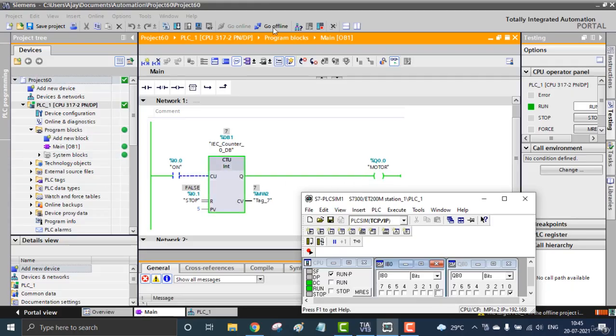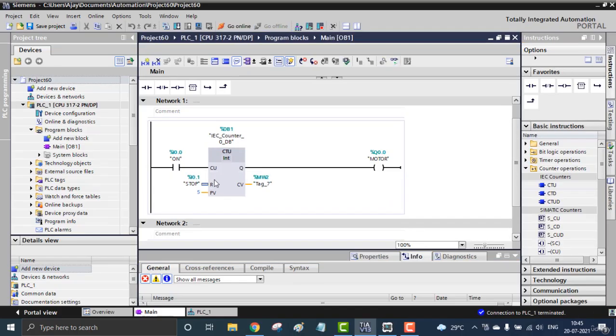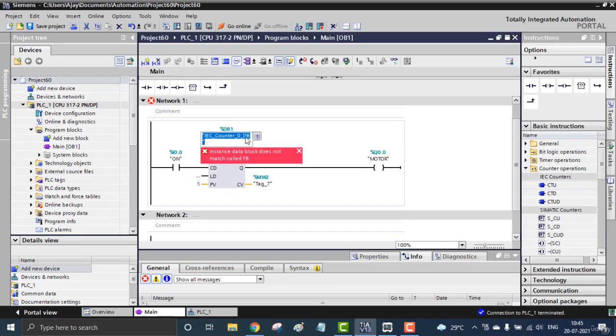The same will happen for the down counter also. So I'm changing it to CTD and making the data block DB2. Okay, I'm going to download this. CD and LD. LD means load. Load is similar to the set in the semantic counters, the set bit, that S above the reset bit.